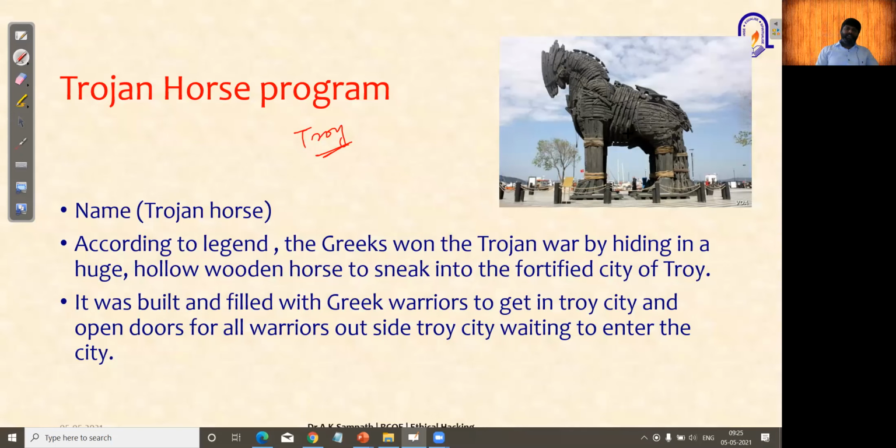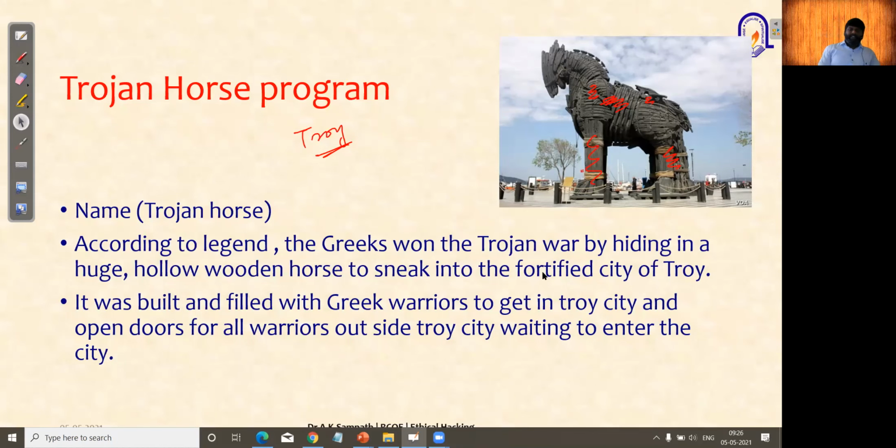The opponent people brought this statue inside their palace, but within this statue there were some warriors secretly hiding inside it. Once it was brought into the city of Troy, the warriors opened the doors for all the warriors waiting outside the city to enter.